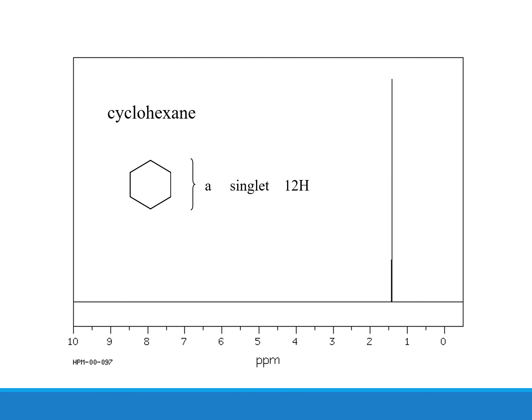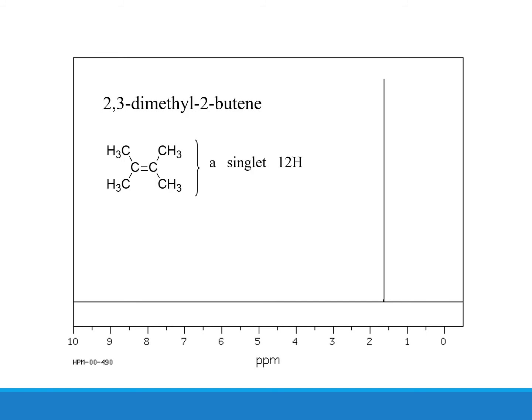Cyclohexane: same hydrogens in same environments. The NMR spectrum will look like the one you're looking at in the slides, just a singlet. For 2,3-dimethyl-2-butene, again all the hydrogen atoms are in the same environment, and they will appear as a